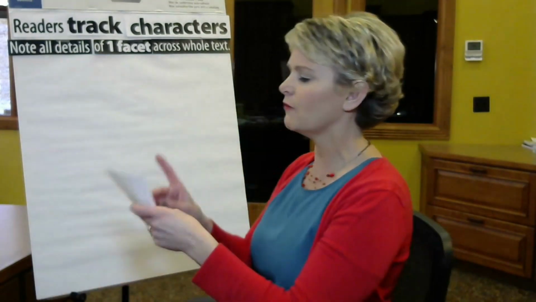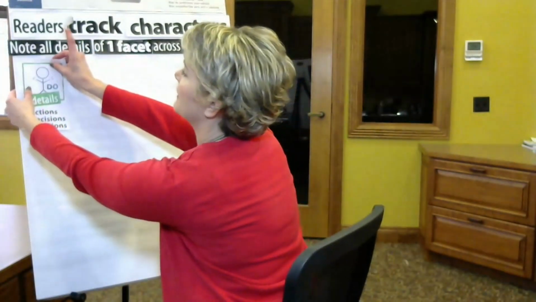Okay? So when we talk about this idea of tracking characters, authors develop characters how many ways? 4. One of them is how the character looks. Yes. Okay. Put it on the shelf. I don't want to talk about it anymore. In this lesson, I want to talk about really looking at what the character does. That's the second way, and it's the one I want to put up here on our chart. How does the character act? Choices and decisions, okay? Reactions, behaviors. That's what I want us to log, what I want us to look at and really take note of.